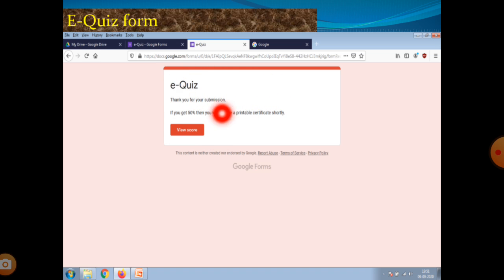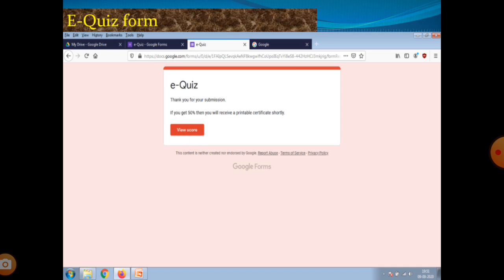If you have not typed, the automatic default is there. If you mention 50 percentage, the participant can understand that if I get 50 percentage, I get the certificate. If I do not get 50%, I cannot get the certificate, I fail the exam. That's why we mentioned this message in the certificate advanced options.